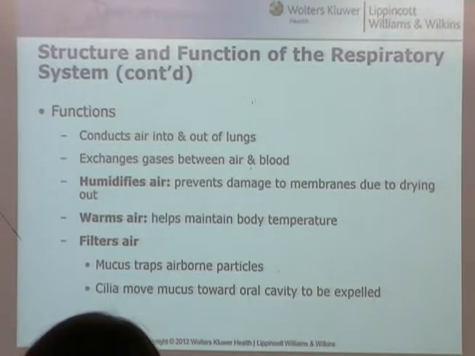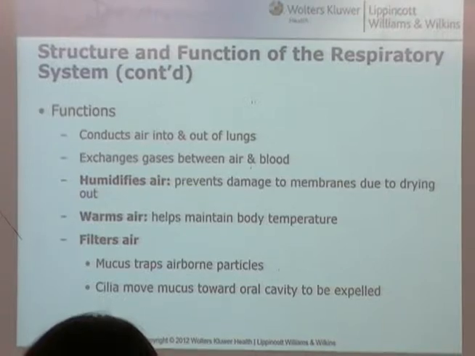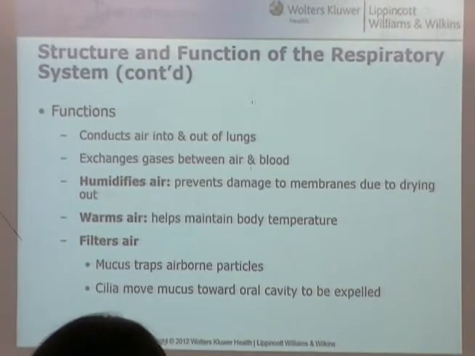Another job is warming the air. So we want to maintain the body temperature of the lungs and keep the temperature warm at the level of the membrane where the gas exchange is going on, so that we've got good blood flow there and we're able to move these gases in and out. And then filtering the air,